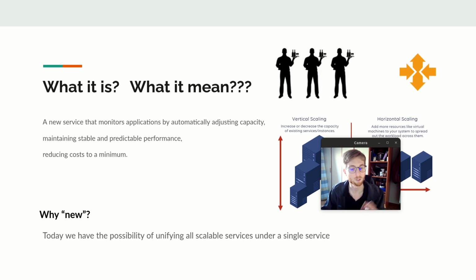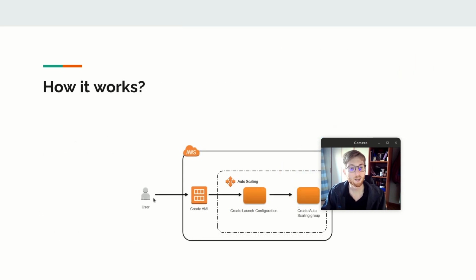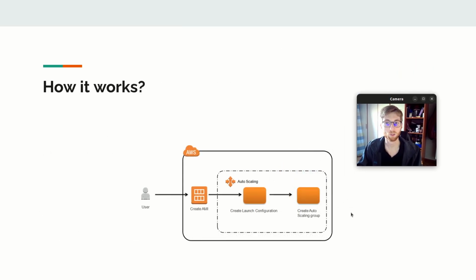We said new service because today we have the opportunity of unifying all scalable services under a single service, AWS Autoscaling. So you can scale EC2, you can scale databases with, for example, RDS, or containers with ECS, and so much more. In this case, I will talk about how it works when you want to